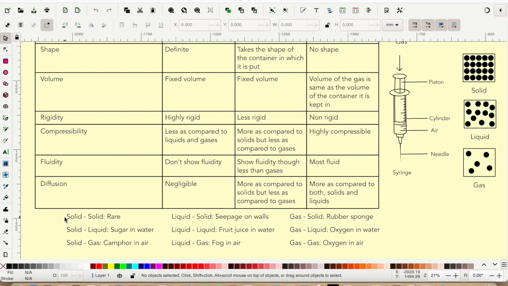Solid to solid diffusion example can be, suppose tomato ketchup falls on the floor tile. If it is left as it is for months or years, slowly water content in it will evaporate and ketchup will diffuse into the tile. Later, if you try to clean it, that part of the tile will still look dirty.